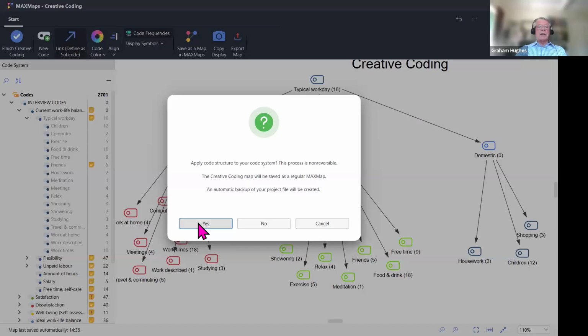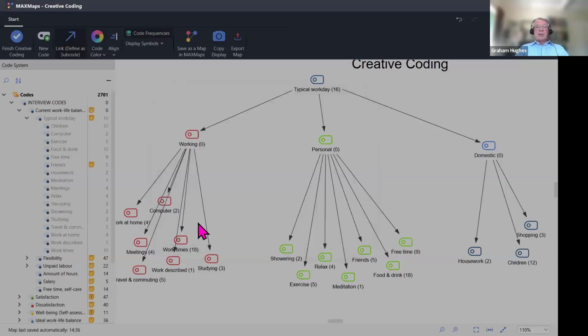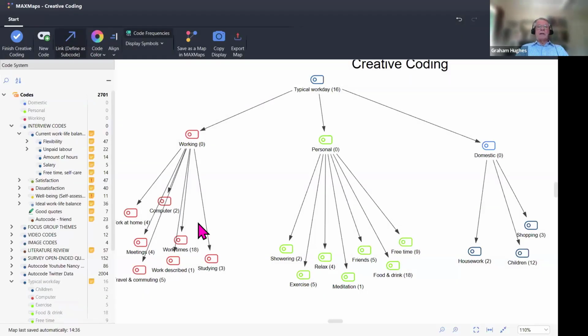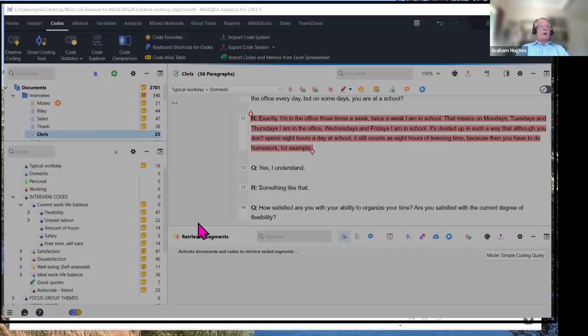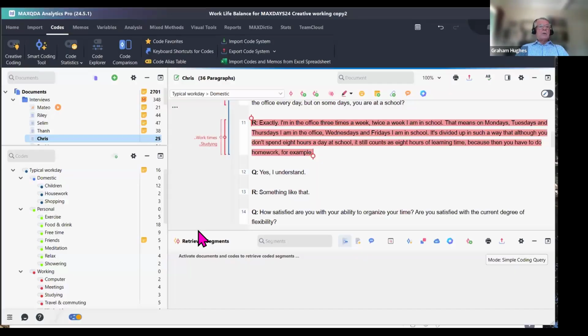So let me now demonstrate that. I click Yes. It's just done the backup. That's what flashed up on the screen. If you're very quick, you might have seen the little backup time bar. And now look, my code system is significantly altered. Even in the document browser up here, a segment that was highlighted for studying is showing its new code color of red. So even that has been changed. So over here, the typical Workday code is there, and I've got my domestic group,